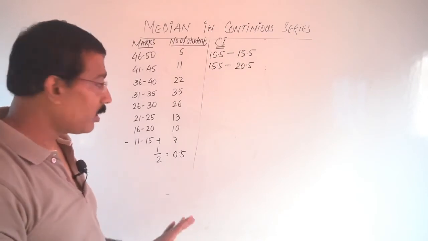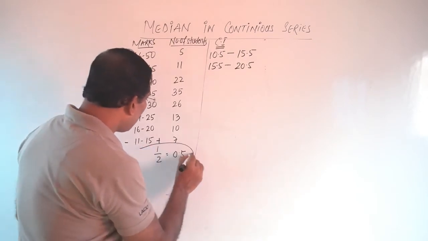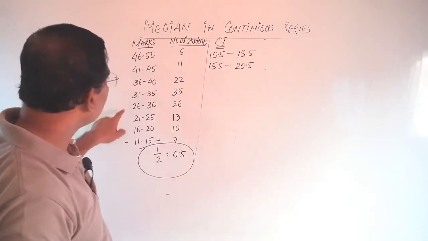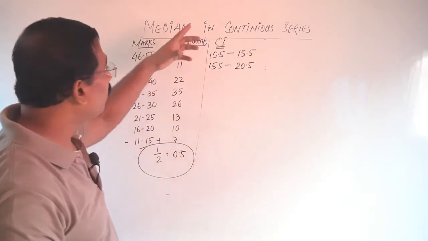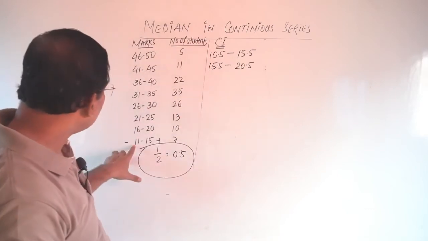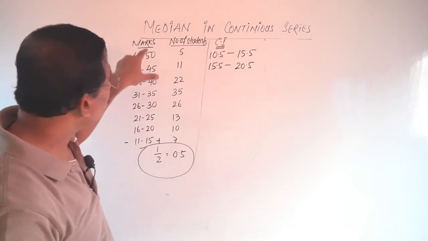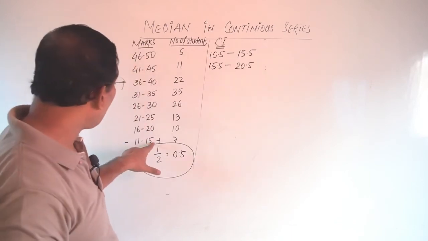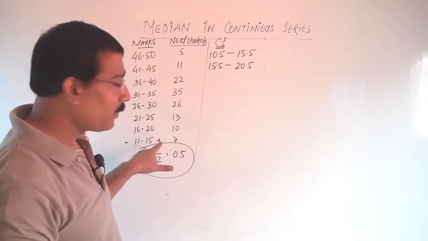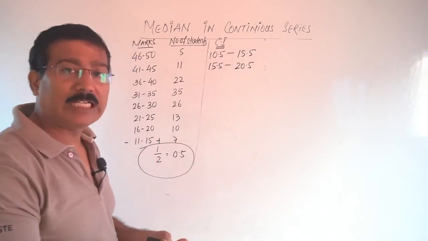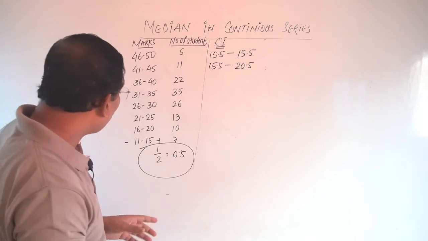Very clear? I am explaining again. How will you convert this inclusive series to a proper way? Here is 11 to 15, then 16 to 20, 21 to 25. There is no continuity. There is a break. After 15, here should be 15 to 20, na? But here is 16 to 20. So the chain is broken. How will you connect it? You will have to connect in this way.